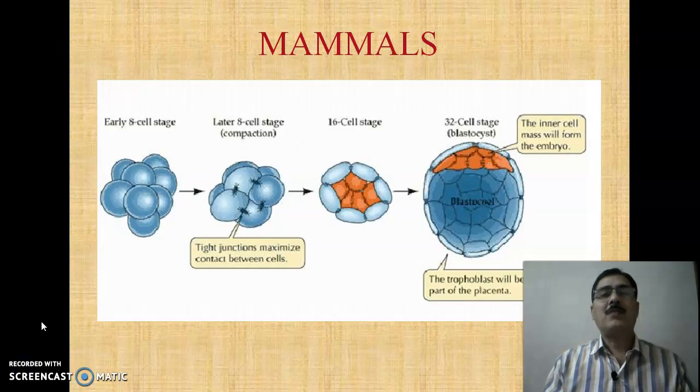So we were talking about the cleavage which is taking place in the mammals, and there is clear-cut formation of two cell masses. One is known as the inner cell mass, which will later on form the embryo proper, and the second one, the trophoblast, which is